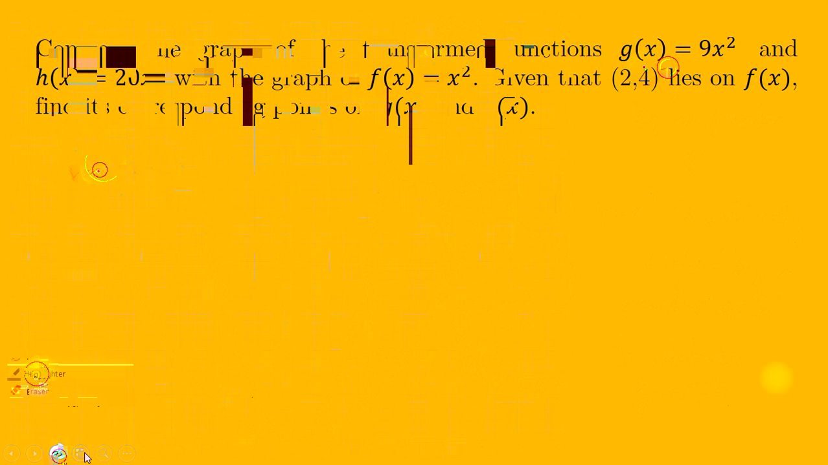So f of x. No, that's correct. G of x. No, that's number 1. So for g of x